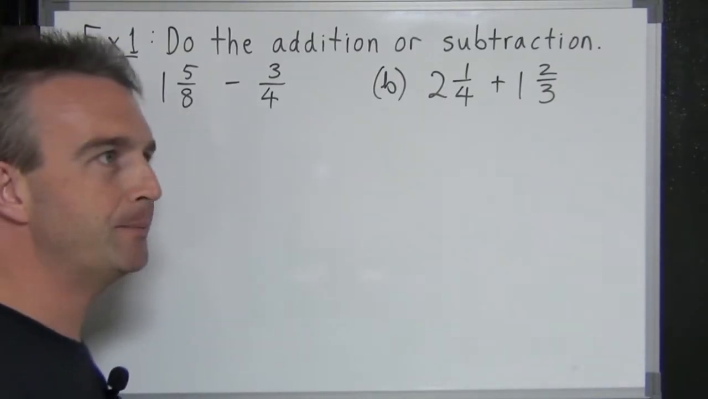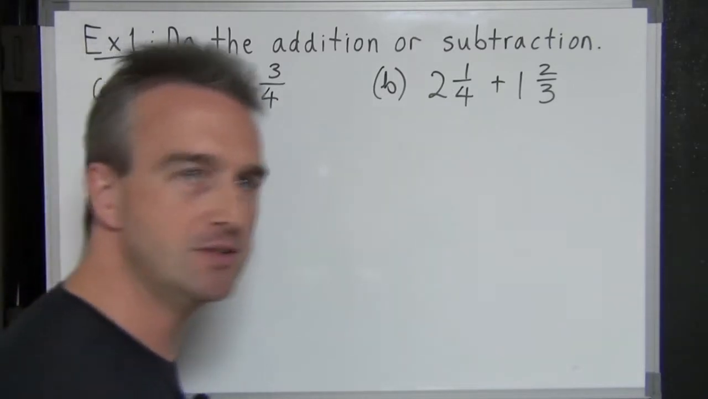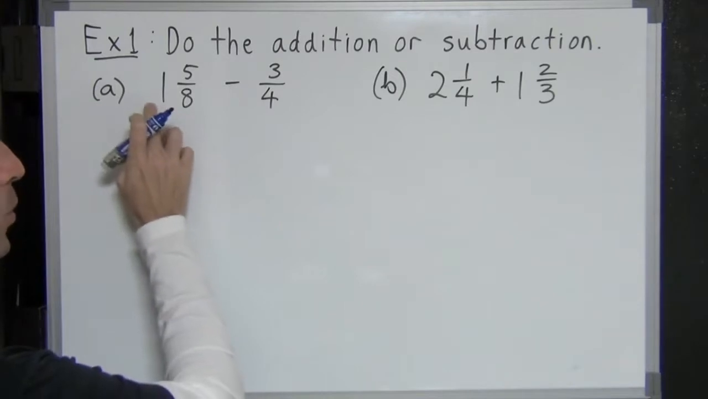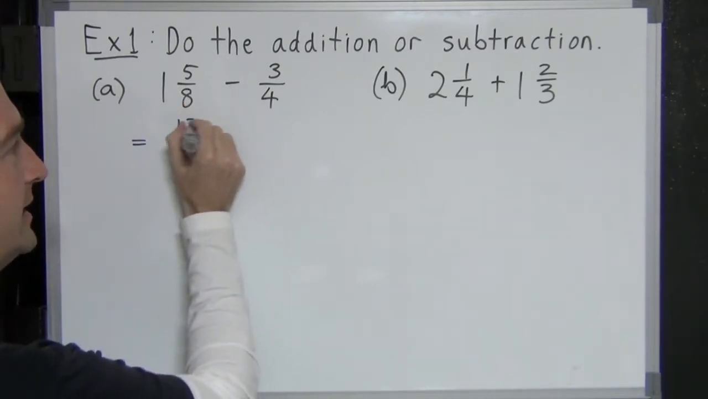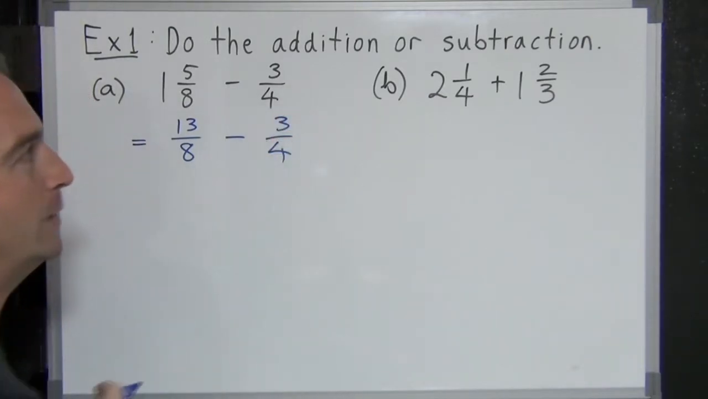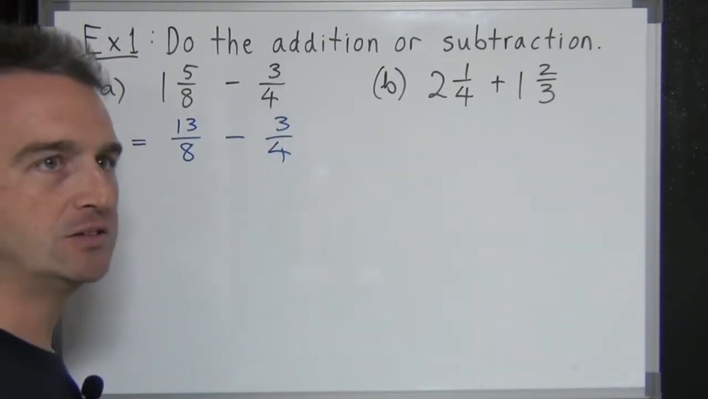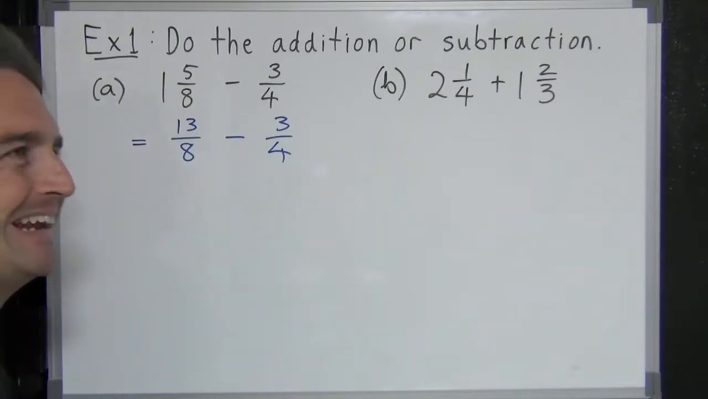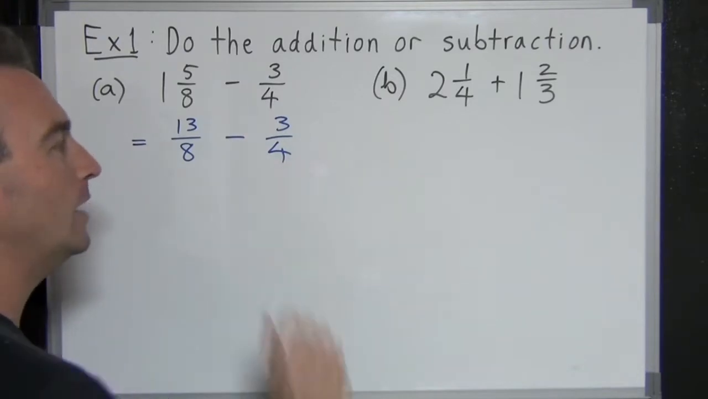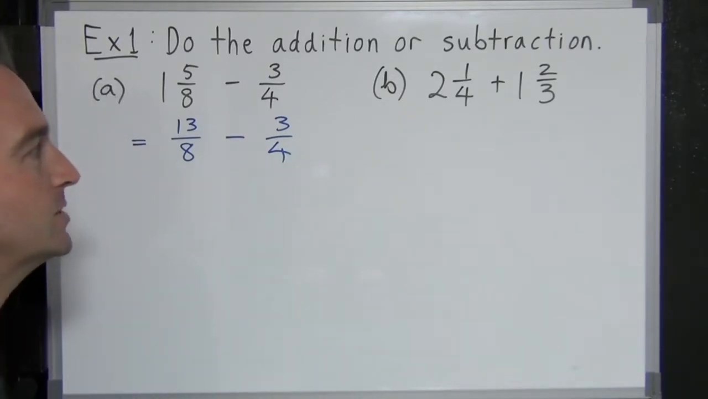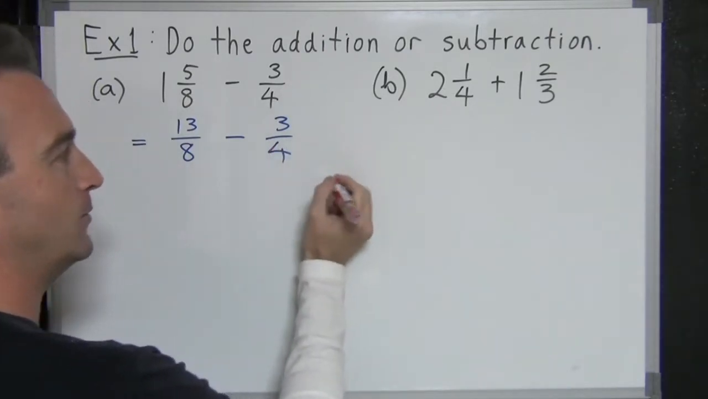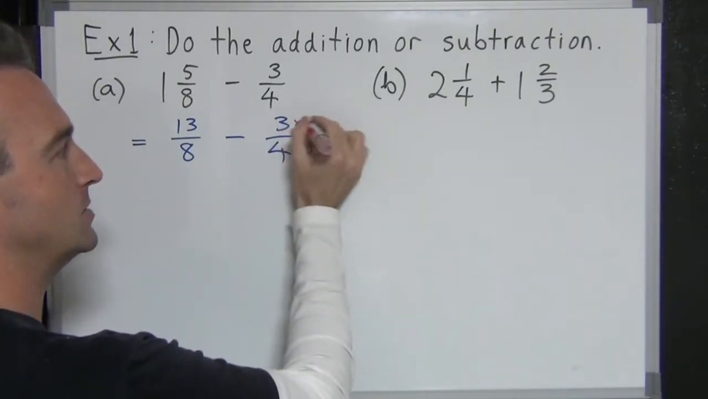So what we're going to do is write them both as improper fractions first and then get our lowest common denominator. So 1 5/8. 1 times 8 is 8, plus 5 is 13 over 8 minus 3/4. We actually have a proper fraction there, nothing to do. Now we want to get our lowest common denominator. So we have denominators of 8 and 4. This one's pretty easy. We want a lowest common denominator of 8, because 8 is a multiple of 4. How do I turn a 4 into an 8? Multiply by 2 to the top and bottom,